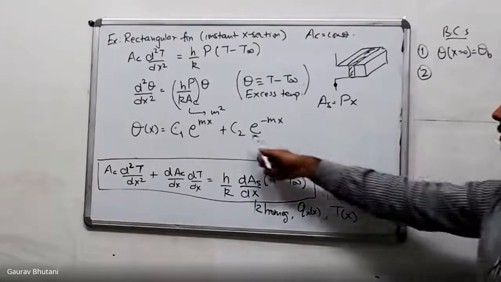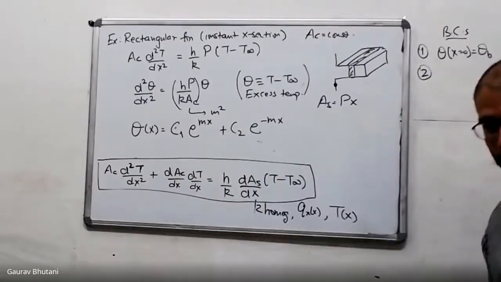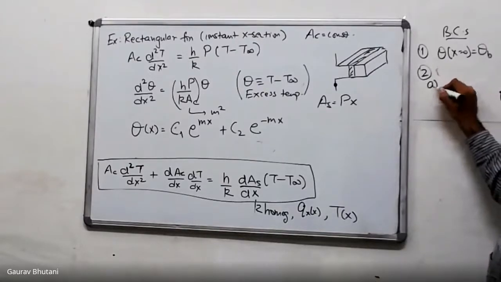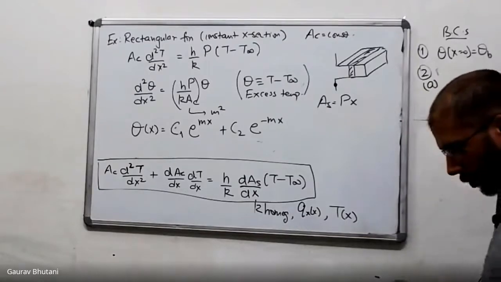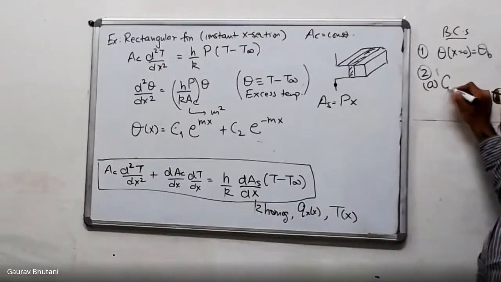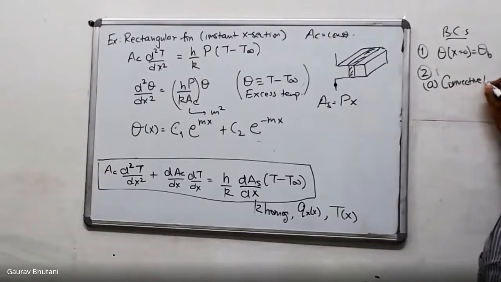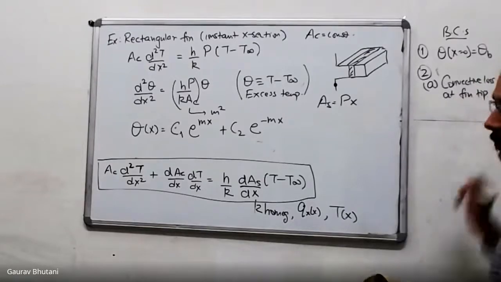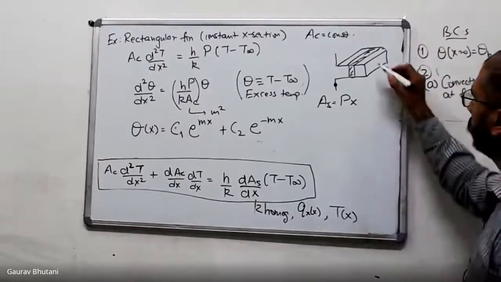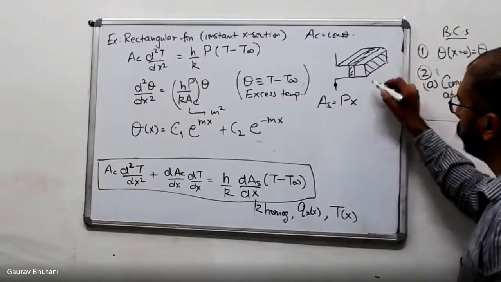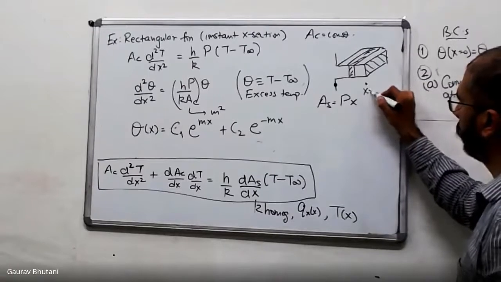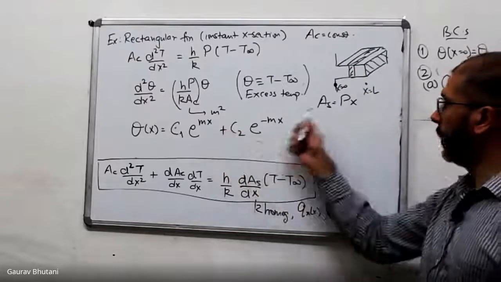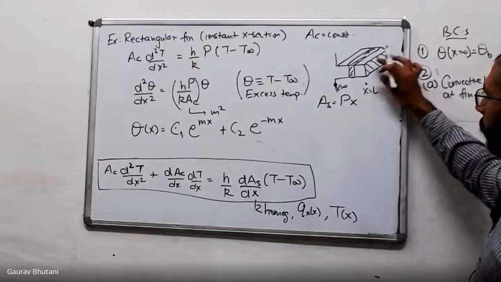So that's your first boundary condition. And remember, you need two because you have two constants here, C1 and C2. The second one can have different types. I'll call the first one A, where we say that there is convective loss at the tip of the fin. This tip that you have is another boundary, right? That's x equal to L, and this is x equal to 0. So at x equal to L, you can say that the loss that is happening is convective here.